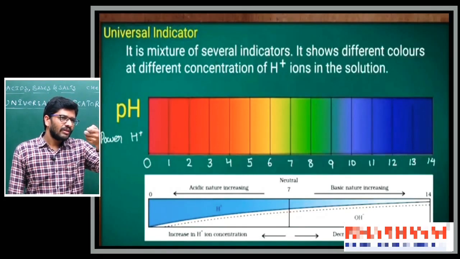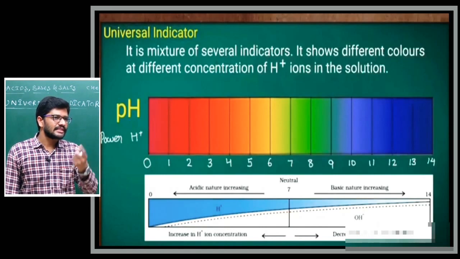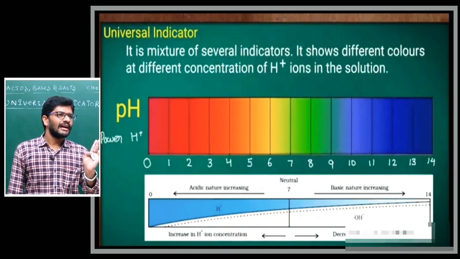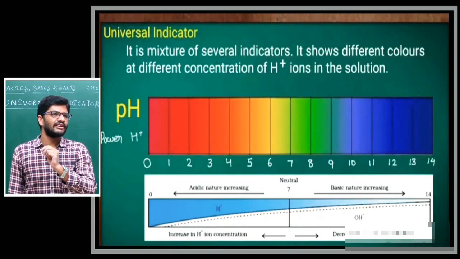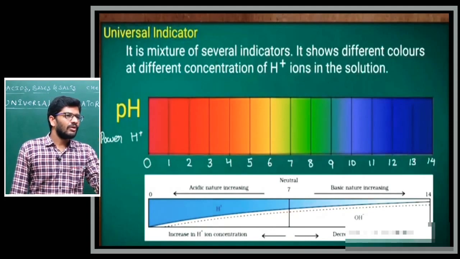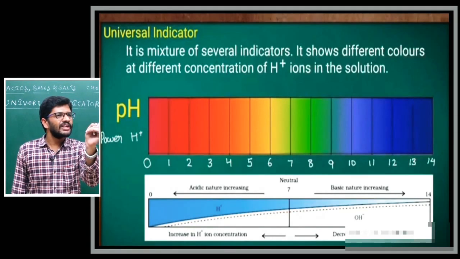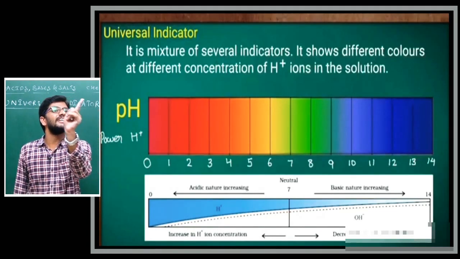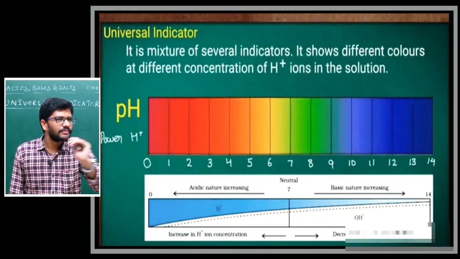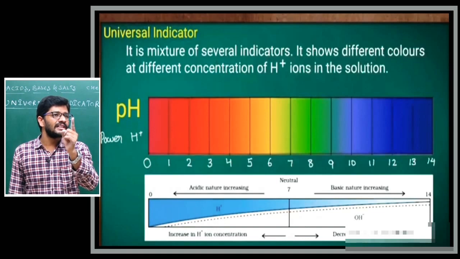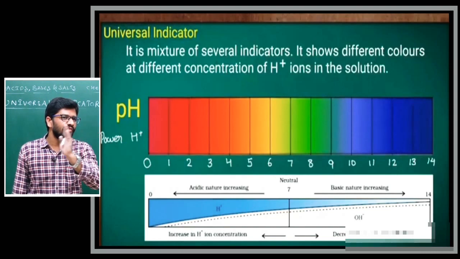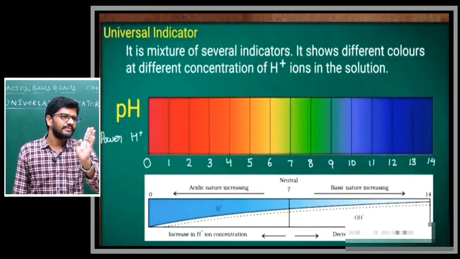Now look at the slide below, yes, it is true. You are observing from left to right, the concentration of H plus ions decreases, yes or not? The blue color region is the H plus ion concentration. Going from left to right, the H plus ion concentration decreases, that is, the blue color shade decreases. Now coming from right to left, the OH minus ion concentration decreases. So the OH minus ion concentration is the white shadow, white color, yes or not?